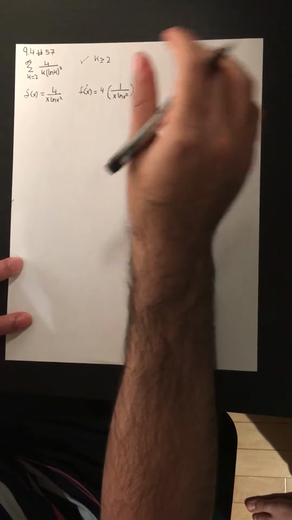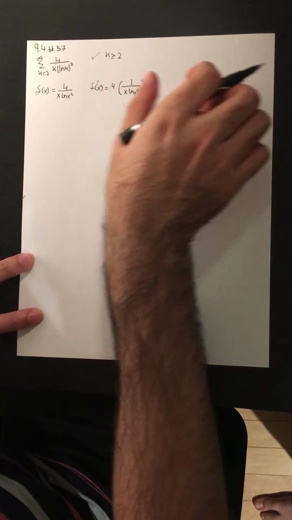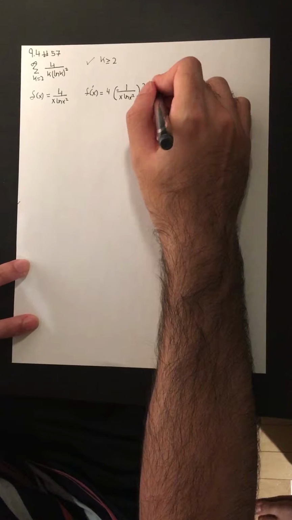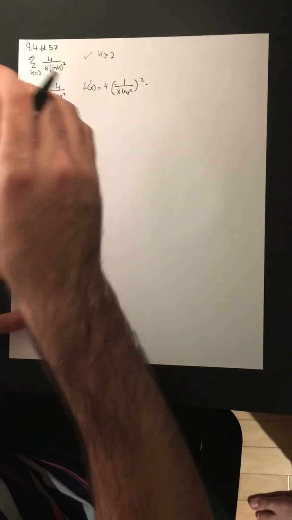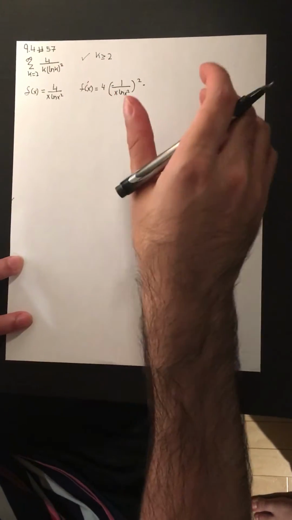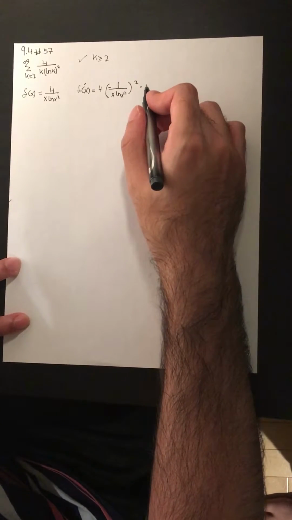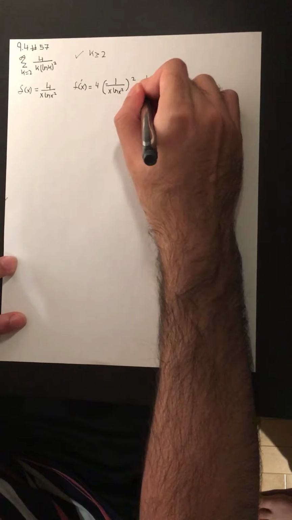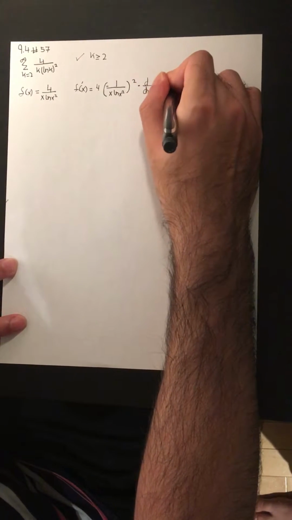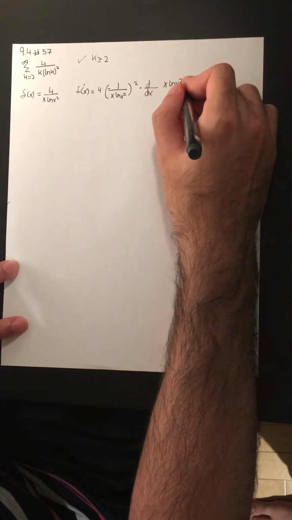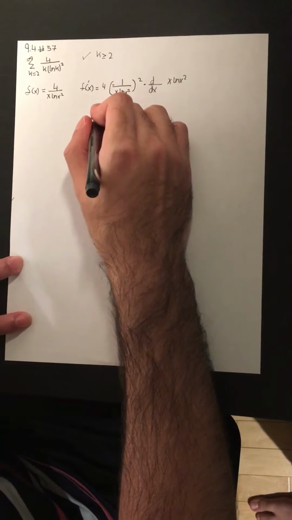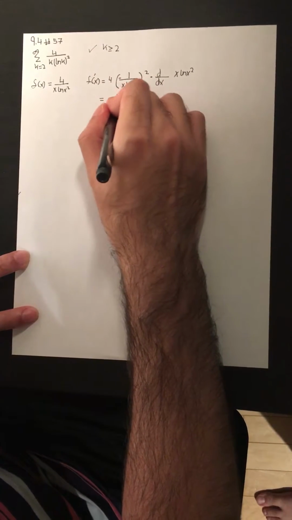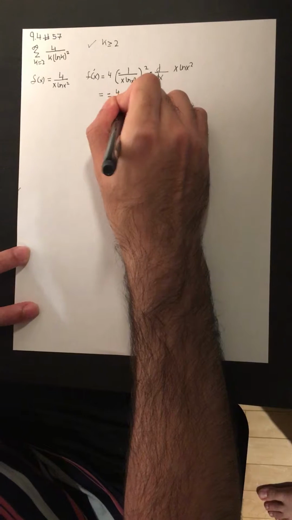I separated the quotient rule into two parts, the denominator part and the numerator part. And it's negative because I'm moving the second half of the quotient rule, which is f prime g minus f g prime. So the negative of the f g prime, I just moved it there, and the derivative of this value, which is x ln x squared, we have to use the product rule. So what we get here is negative 4 divided by x ln x squared